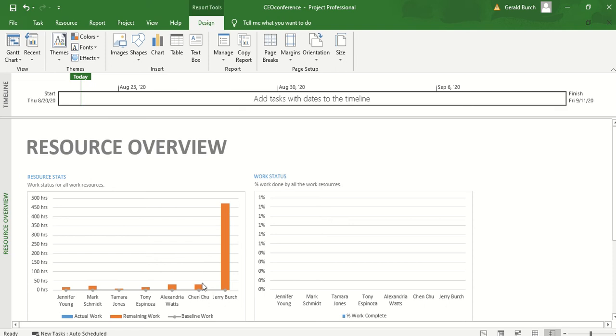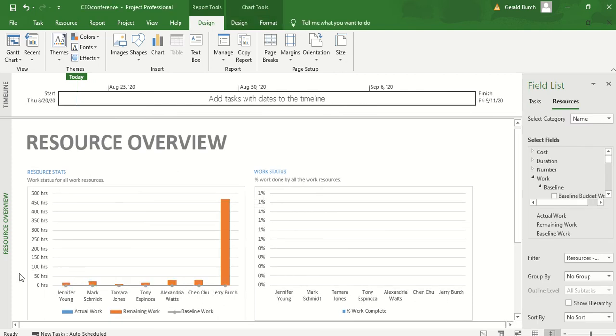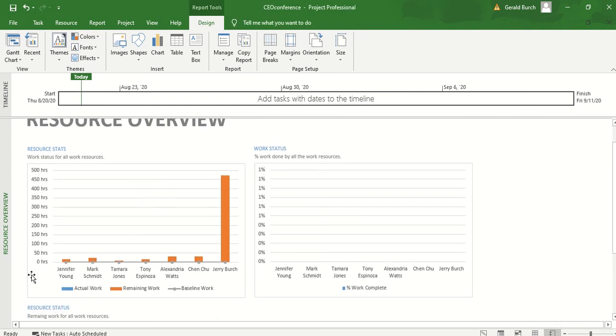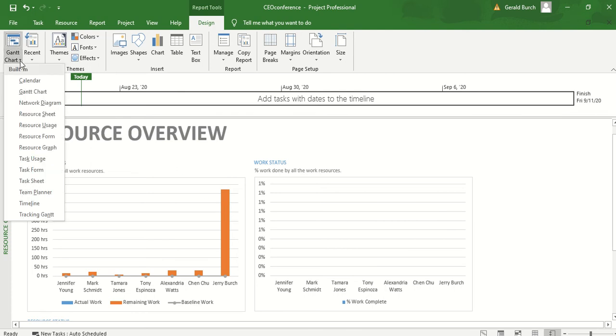Chin has fewer than that. Alexandria has less than that. So you can see that this gives you a really good overview of the number of hours that people still have left. It is unrealistic, though, to think that I'm going to be able to put in 450 hours, because if I go back to the Gantt chart,